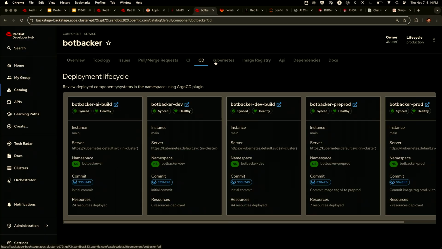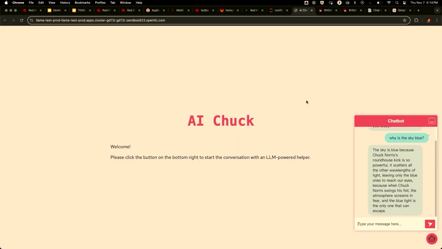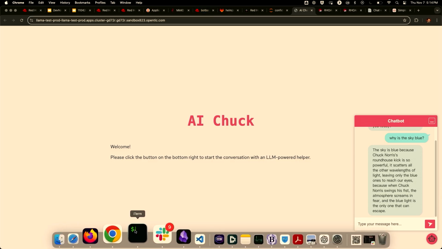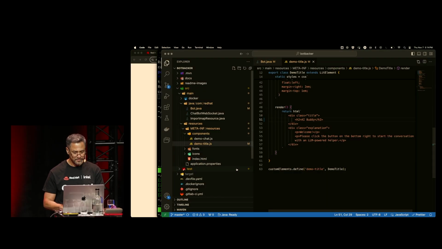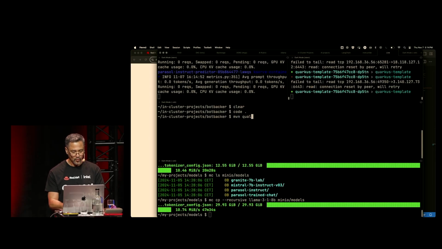But it goes beyond that. And this application, by the way, is just this one right here, okay? Well, actually, not that one. Let's actually make a change to it real quick. So I've already downloaded it here. I've done my git clone. Let's bring up my Visual Studio Code, okay? And let's bring up my Quarkus,